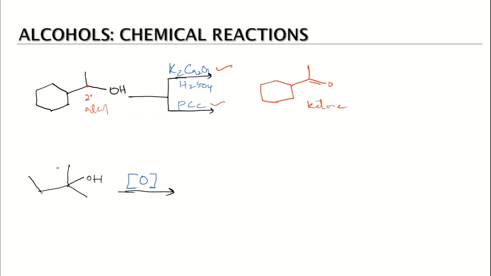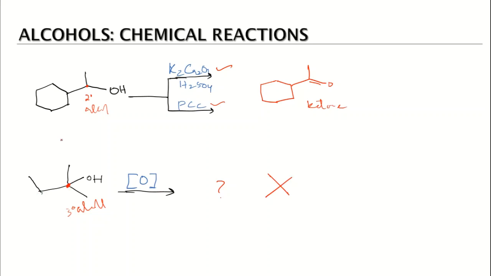Now if we look at this alcohol, again this is a 3-degree alcohol, and we are using an oxidizing agent. We have generalized the oxidizing agent. We have not been given any particular oxidizing agent. This is a general representation of the oxidizing agent, and we want to oxidize the 3-degree alcohol. This is the tertiary alcohol. So what will be the product in this case? Can we guess this? We know that the oxidation of a 3-degree alcohol gives us no product. 3-degree alcohols are not oxidized, they cannot be oxidized.